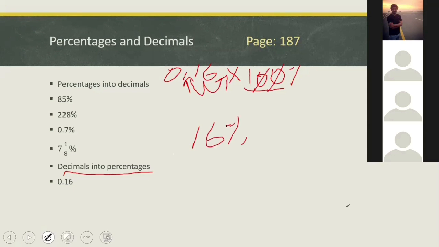This is a very simple method. What we have done: we have a question as 0.16, and we want to convert this decimal into a percentage. So for percentage, you have to multiply it by 100%. So 100% is multiplying by 0.16, and the decimal point will move towards the right hand side. How many zeros are there? Two zeros, so 2 digits. It will move 2 digits to the right hand side. Now your decimal place is here, so you will write 16%.